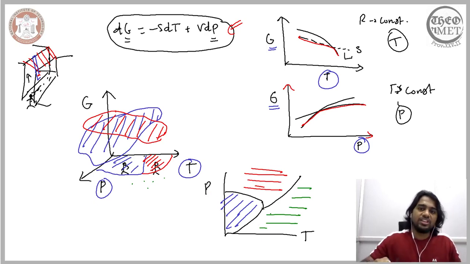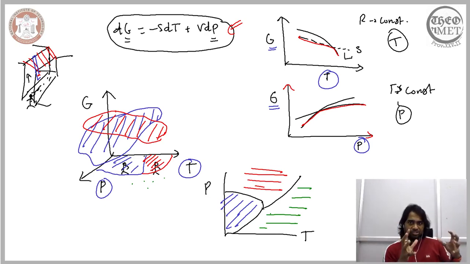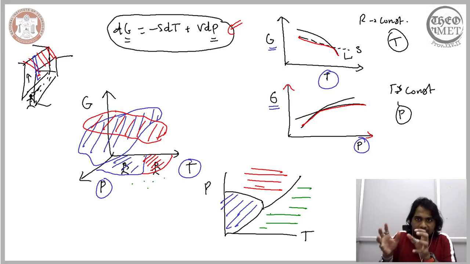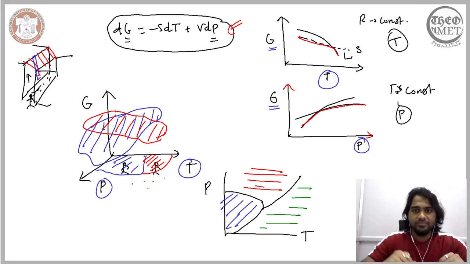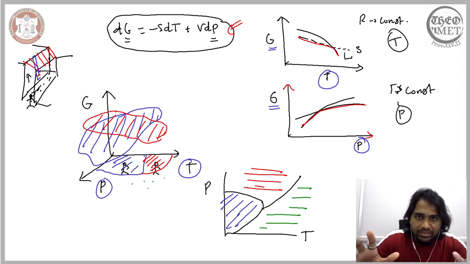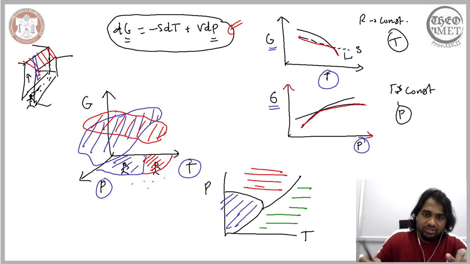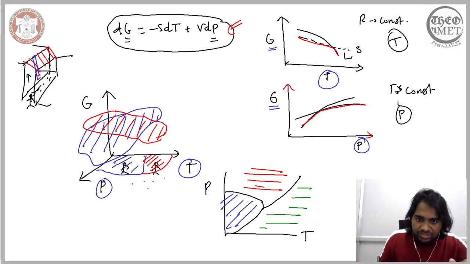So what we essentially have is certain sections in the pressure temperature plot wherein one surface is of the lowest value, and some sections wherein the other surfaces are of the lowest values. Now, according to the second law of thermodynamics, the surface that is of the lowest Gibbs free energy ultimately dictates which phase would be stable at that combination of pressure and temperature. So here, in this combination of pressure and temperature, it is solid that is stable.